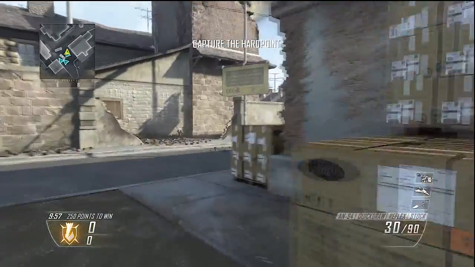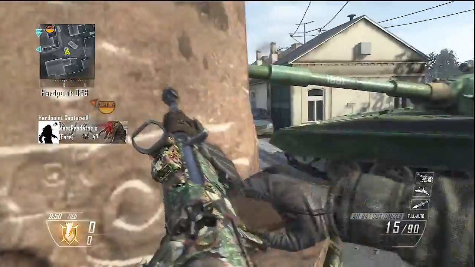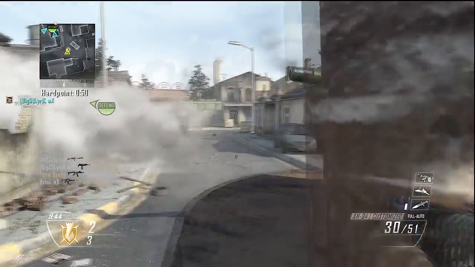This is a Hardpoint breakdown on the map Standoff. I'm using an M8 and I'm playing a Slayer role, but let's get this started. The first hardpoint is in the middle of this map here, the second one's in green. Third one is in top Grandma's house, fourth one's in red, and then they rotate all the way back to